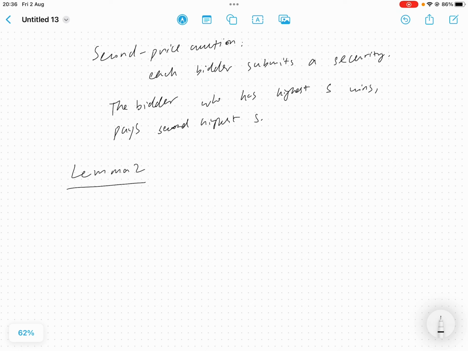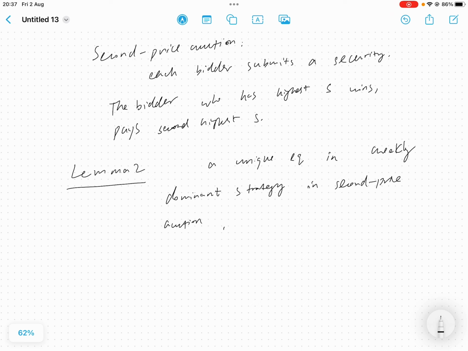The same thing: the second price security bid auction has a unique equilibrium in weakly dominant strategy,